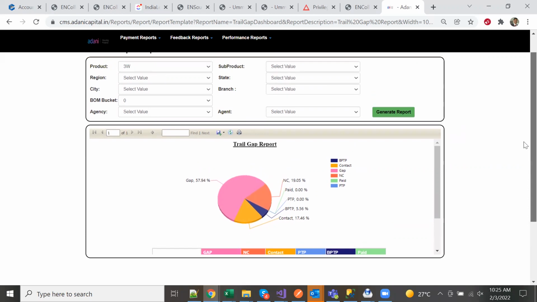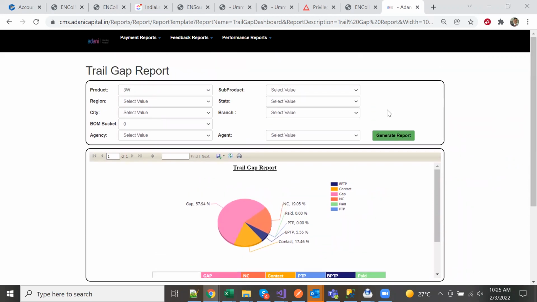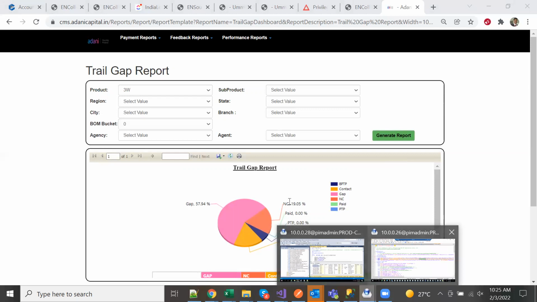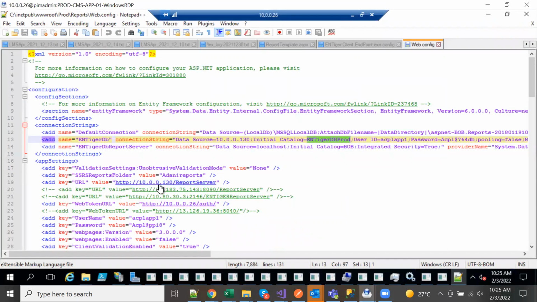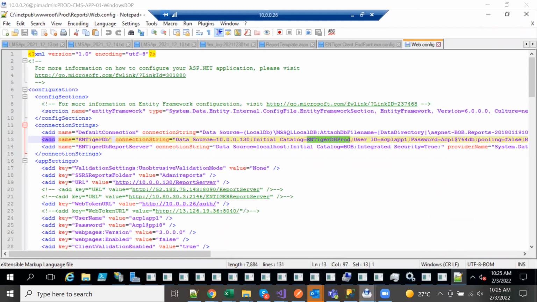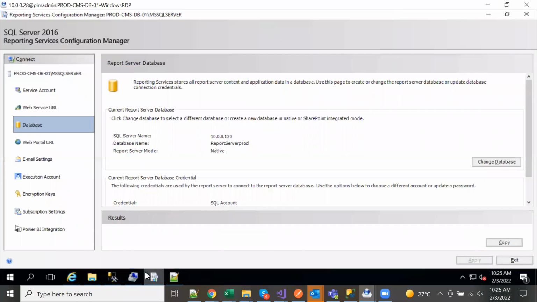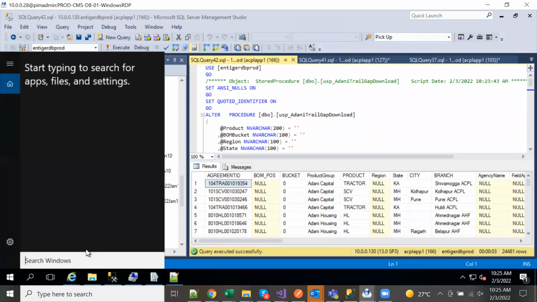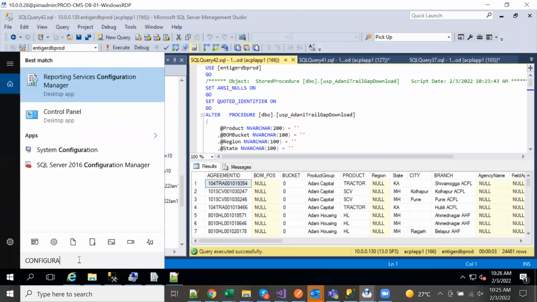You just need to use common sense, look at where exactly the reporting server is, right? It's very simple. Just take the reporting server path, and then look at the username and password. Once you go into the server, open the configuration manager like I did earlier. Open the configuration manager, not this one, and in the configuration manager, this one I have opened. All I did was go to search and type configuration manager. It says Reporting Services Configuration Manager.